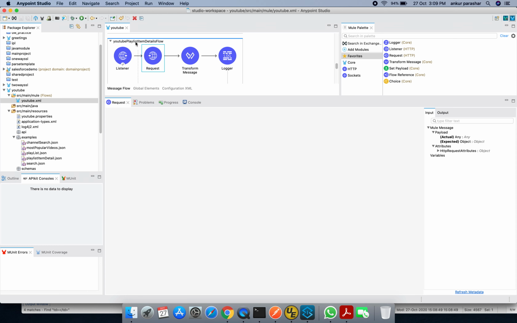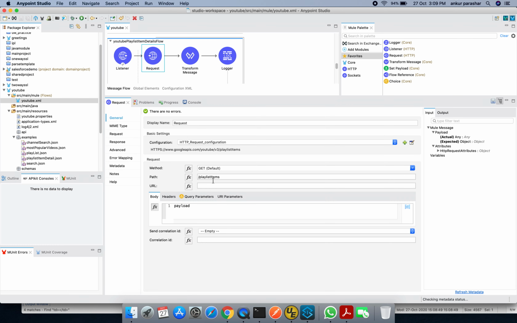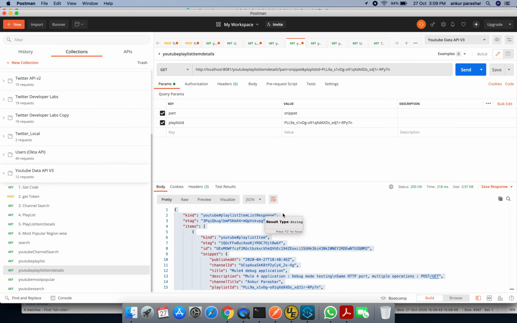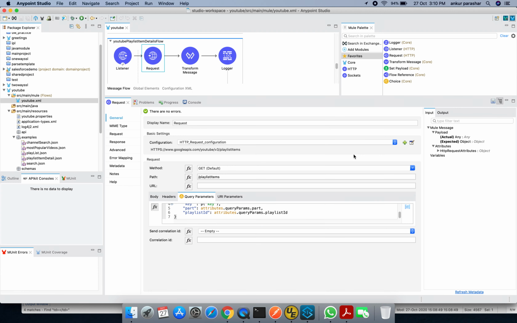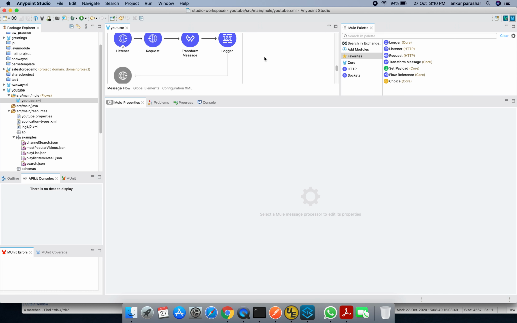For the playlist item details, playlist items is the path which we need to follow, and in the query params we need to pass the key, part and the playlist ID. This playlist ID I have passed like this. Okay, so this was pretty much about the playlist item details.